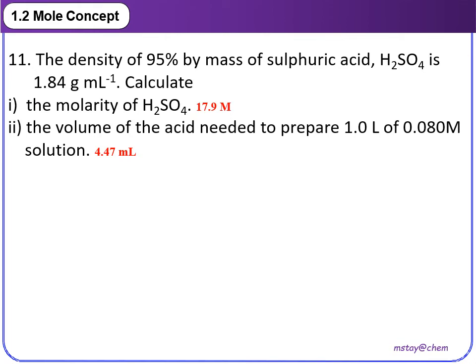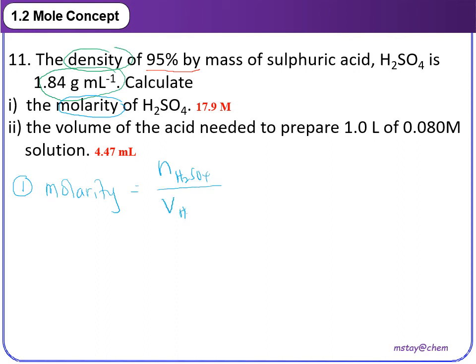Okay, now we continue with question 11. Density of the solution is 1.84 gram per ml, while the percentage by mass of the solution is 95%. And then now this question is asking us to identify molarity. So as usual, step number 1, list down the formula for the molarity, which is mole of H2SO4 over volume of H2SO4 solution in